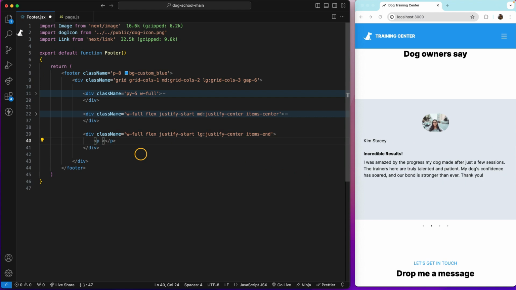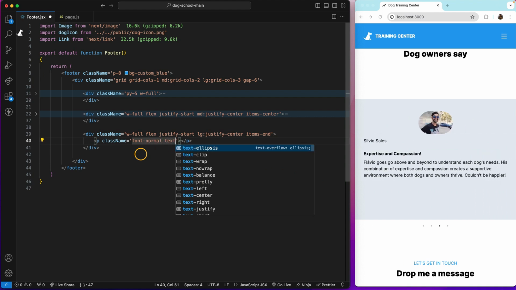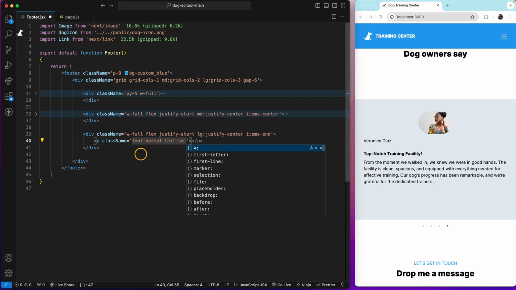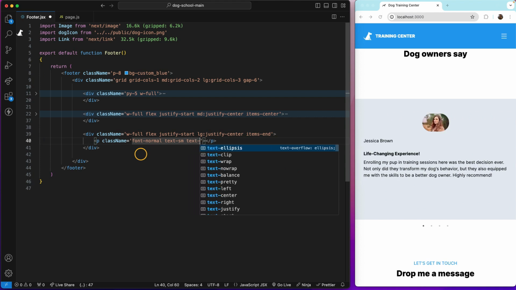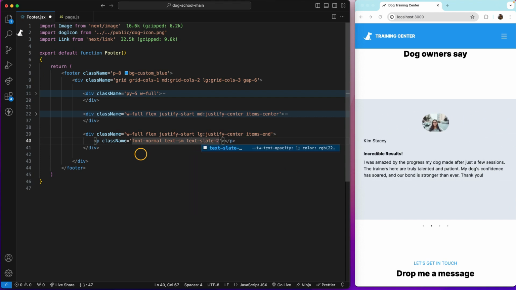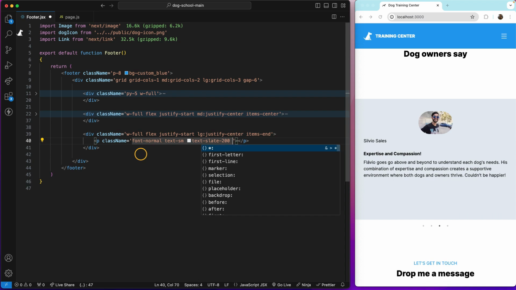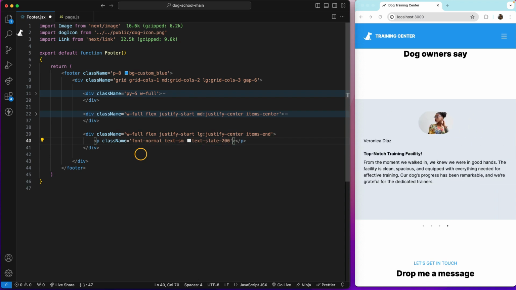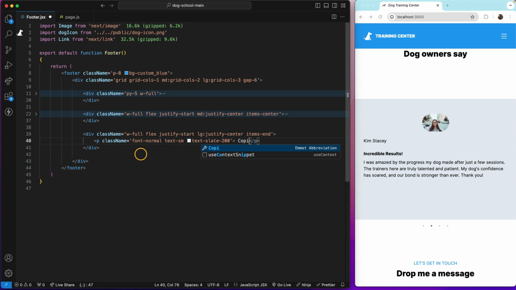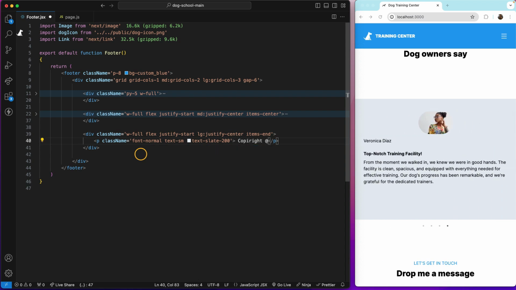All we need is this p tag, and I'm gonna style it. So I want to use the font normal this time. Text, I want it to be smaller. This is not so important. The text color is going to be text slate 200, very light color. Okay, and the content is going to be simply copyright at